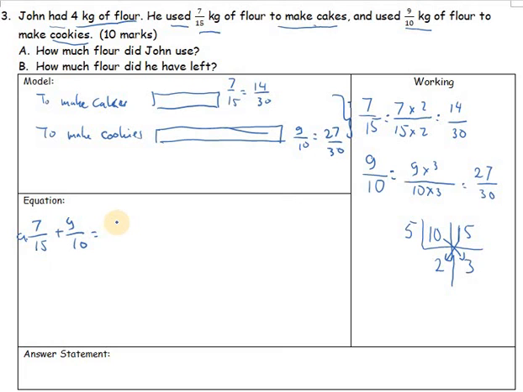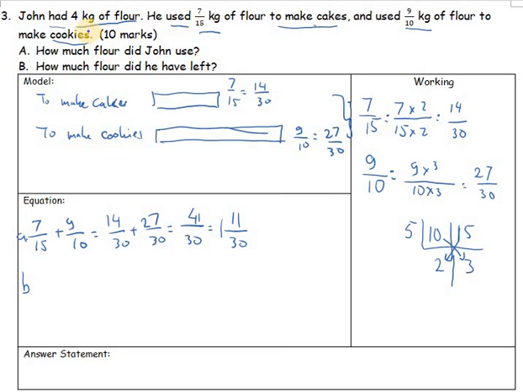This is equal to 14 out of 30 plus 27 out of 30, and then we have the same denominator, so we just do the addition. It is 41 out of 30, and then make it a mixed number. 41 divided by 30, the result is 1, the remainder is 11. So this is question A. And then question B,